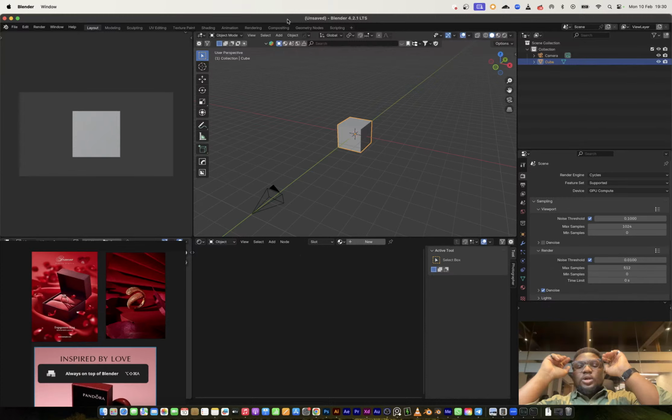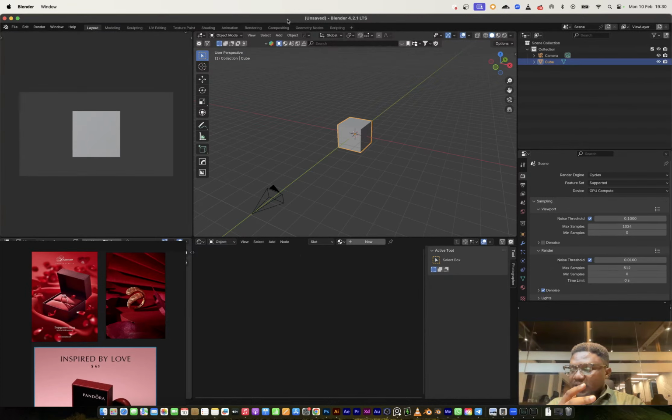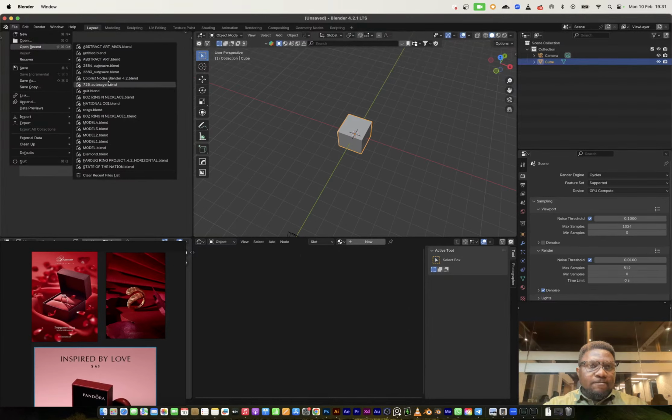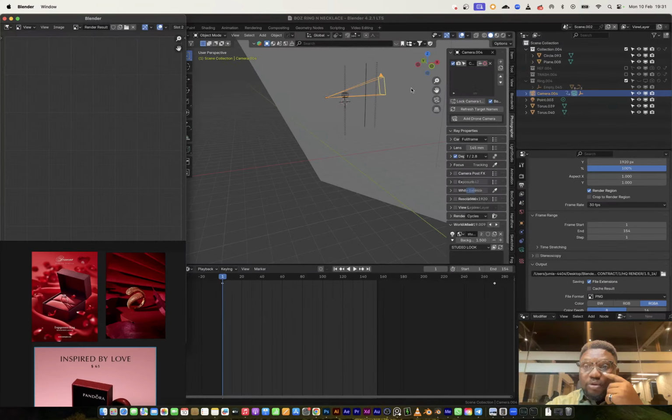What I want to do today, I think the client message was pretty clear as to how he wants the shot to be. So what I really want to do is create the environment for the shots, make sure I nail a lot of the material work and the animation. That's where the heavy lifting is going to come in. I think I have worked on this model before, so first I want to bring in the model.